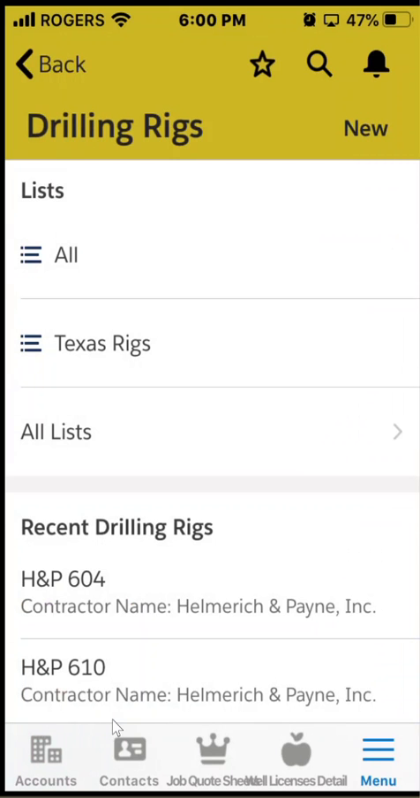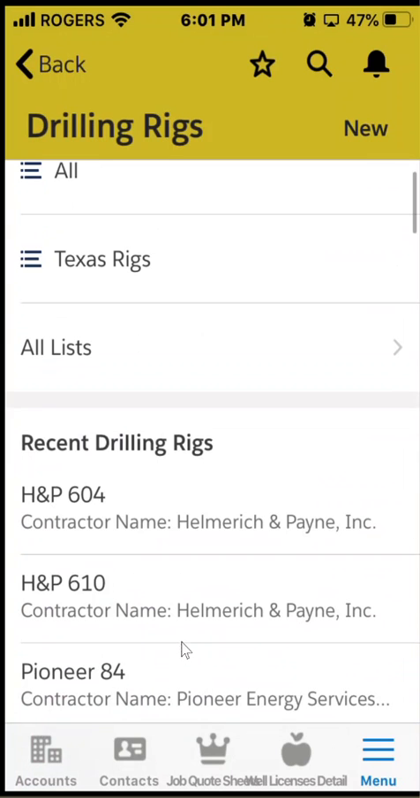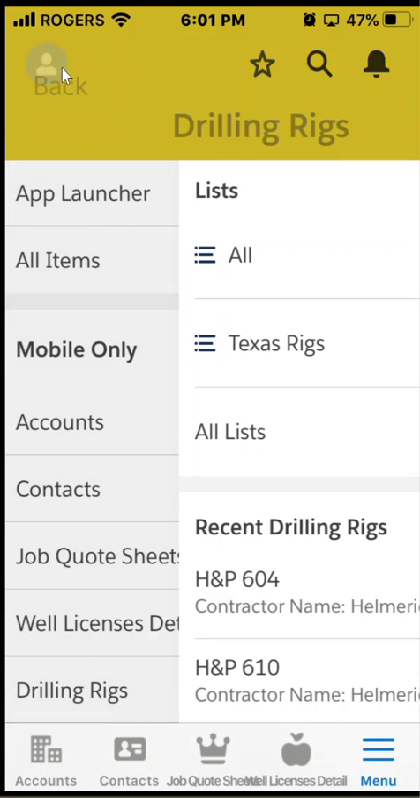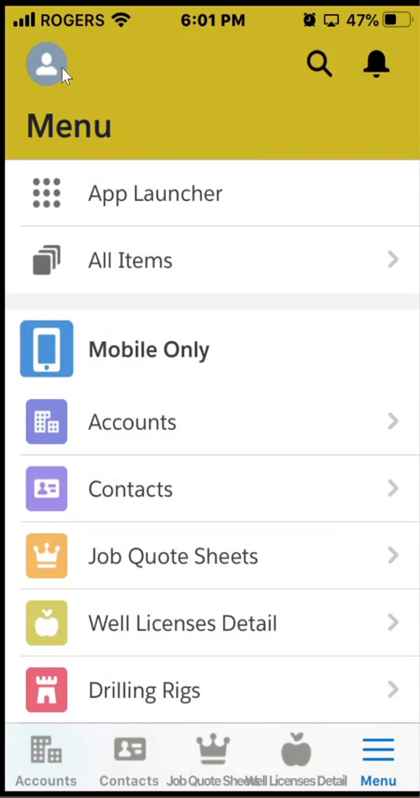When you look at the rigs, you can come down and take a look at ones that you've looked at recently or gone out to recently. We can look at all the rigs that we want. We can have different list views associated with it, or we can search a drilling rig. The other thing that we can do when it comes to drilling rigs that can become very effective for you